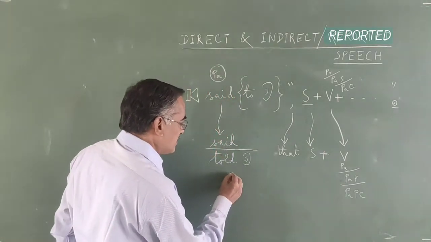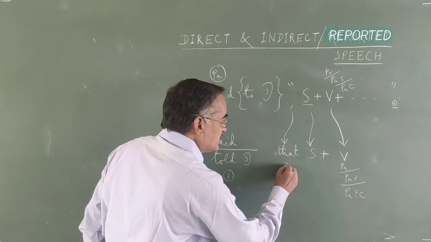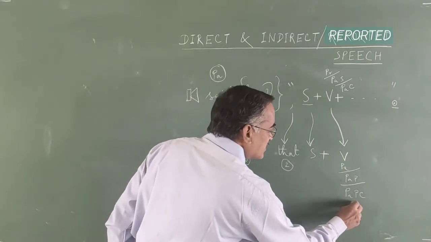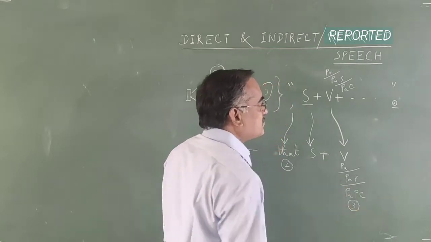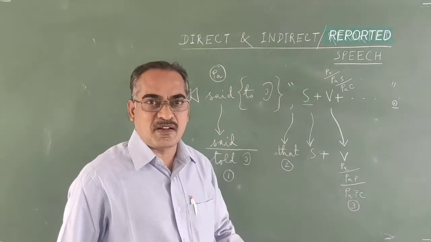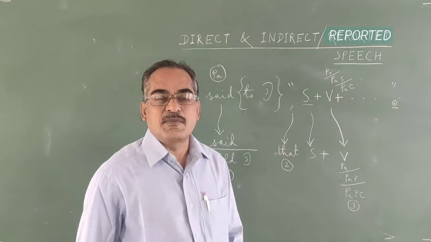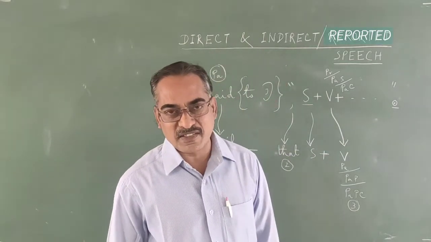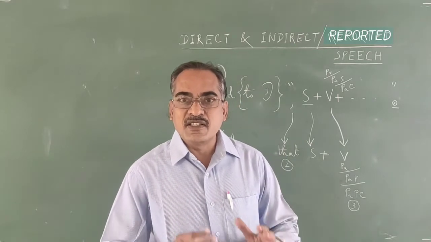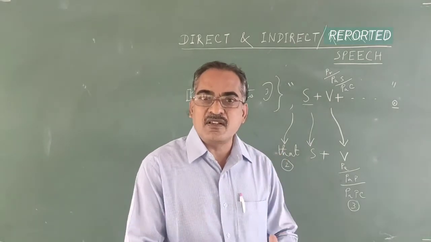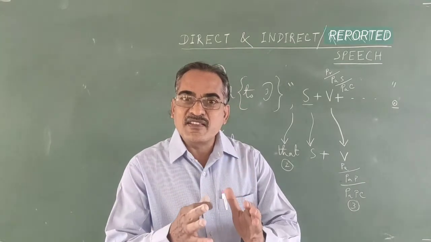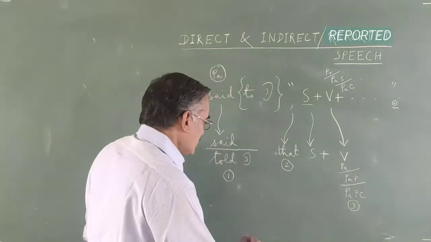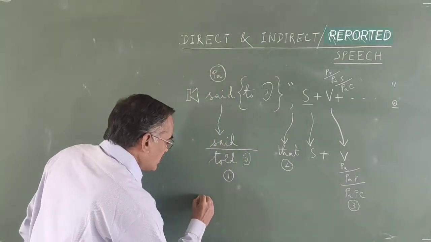First change is here. Second change is this. And this is the third one, important one. This is where most of the students commit mistakes. And followed by the rest of the words there in the sentence, and especially the words referring to the speaker, listener, place and time. I repeat, the words referring to the speaker,